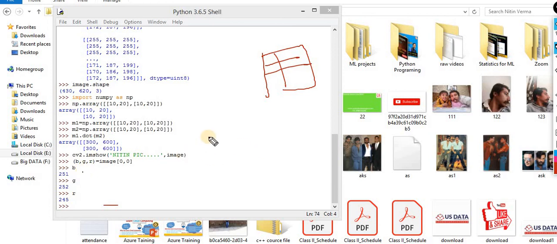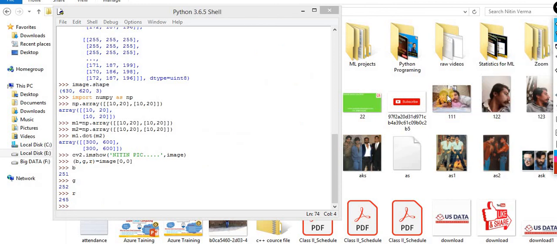Here the color combination is 251, 252 and 245. This is the pixel value over here, the mathematical value basically. This one is the red value, this is the green value, and this one is the blue value for this pixel only. At this point I am slicing the image.